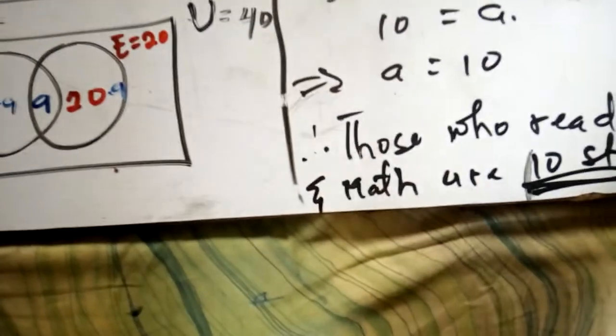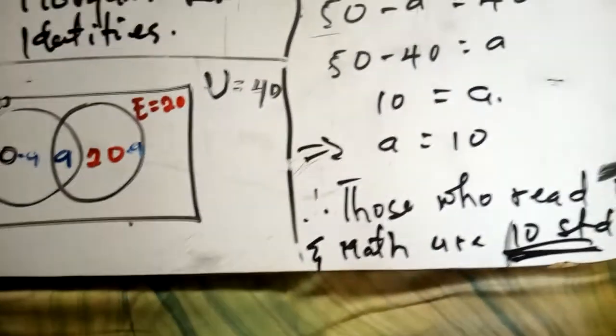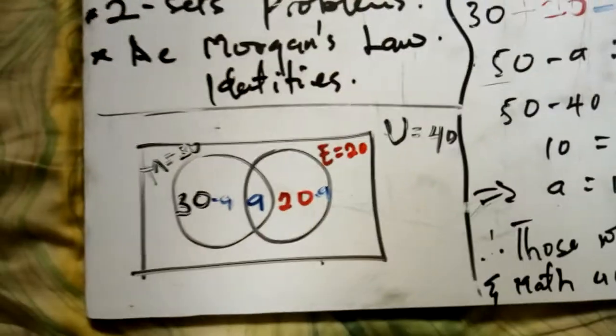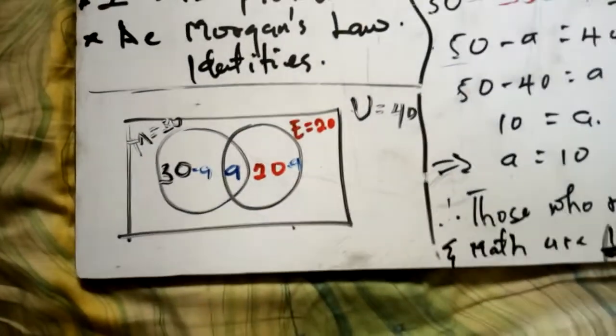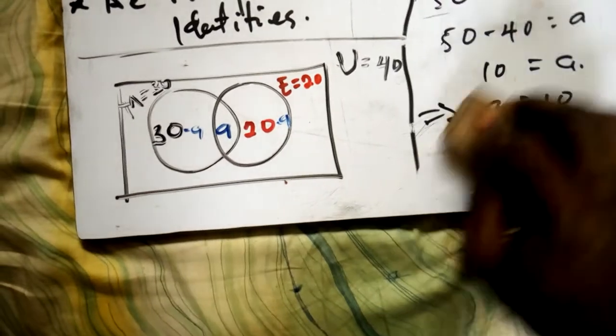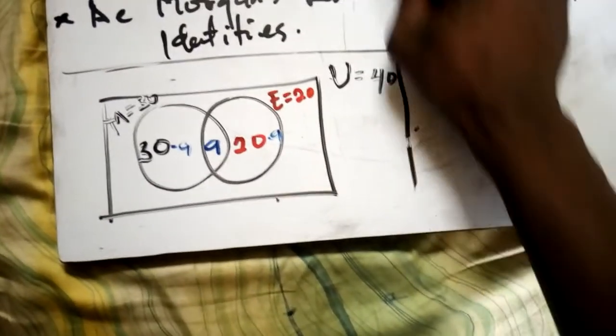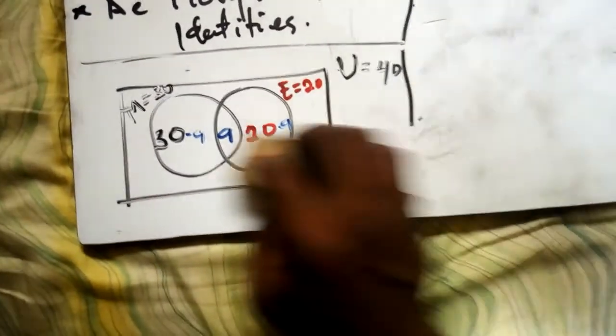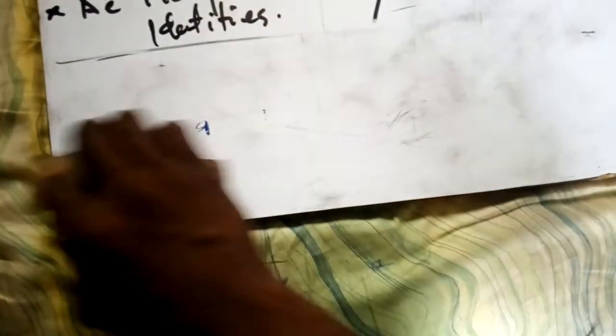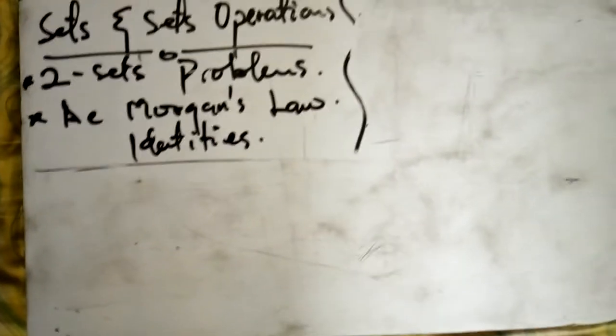Now let's move on to De Morgan's law. So this is just an identity. When I say an identity, they are just some rules which have already been proved to be true. All that you need is to know how to use them. Now for the two-set problem, we will prove it for the two-set problem, then you also quickly